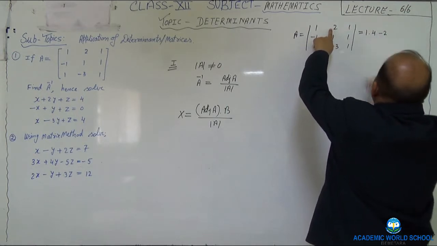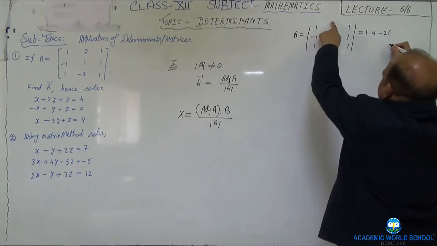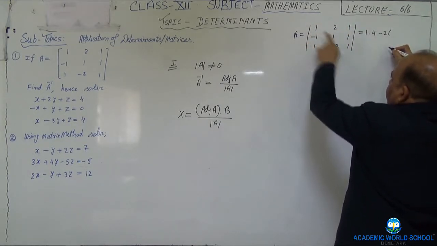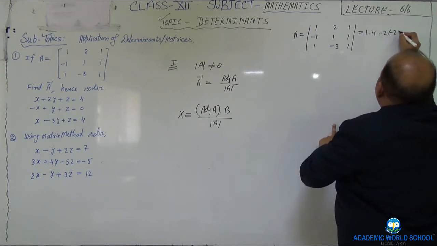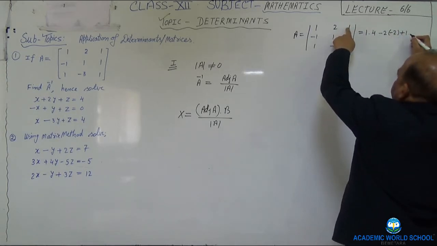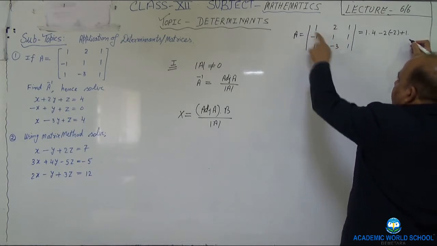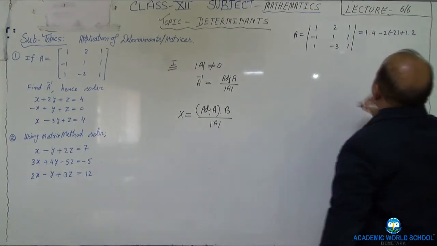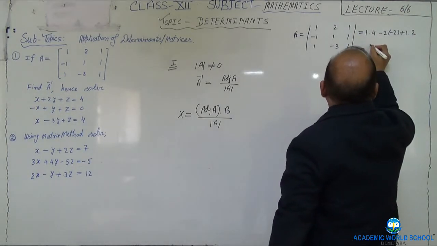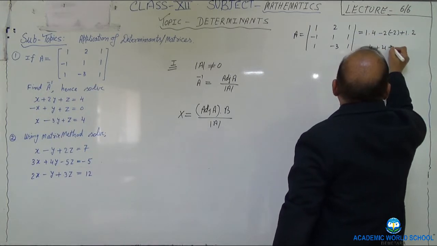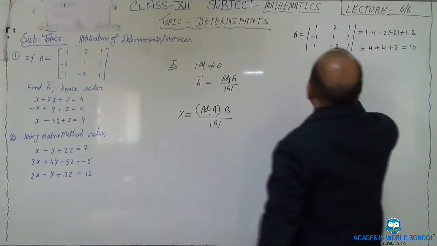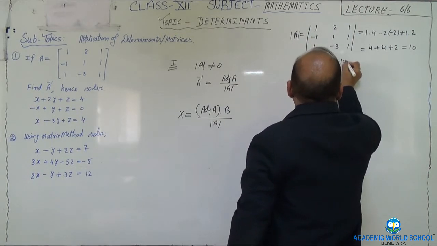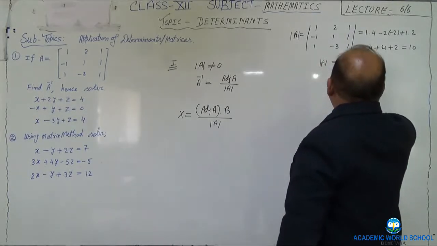Then minus 2, I have taken minus 2 multiplied by, leave this part, minus 1, and then 1 minus 1, minus 1, minus 2, and then it gives plus 1 into, leave this part, this is plus 3, and then minus 1, it becomes 2. So if you further simplify, it will give you 4 plus 4 plus 2, which is equal to 10. So one thing you can tell is that this determinant A has value 10, which is non-zero.